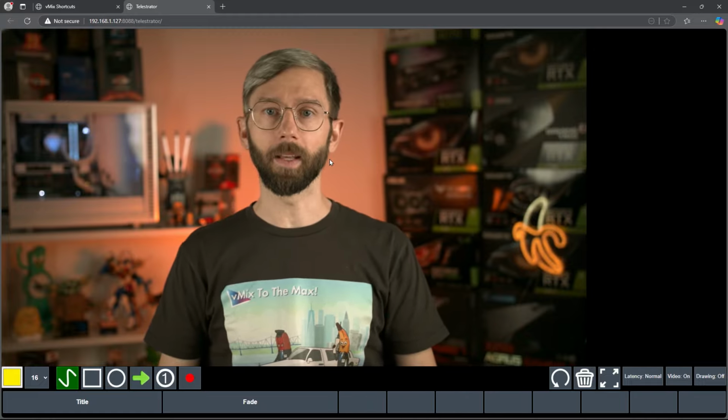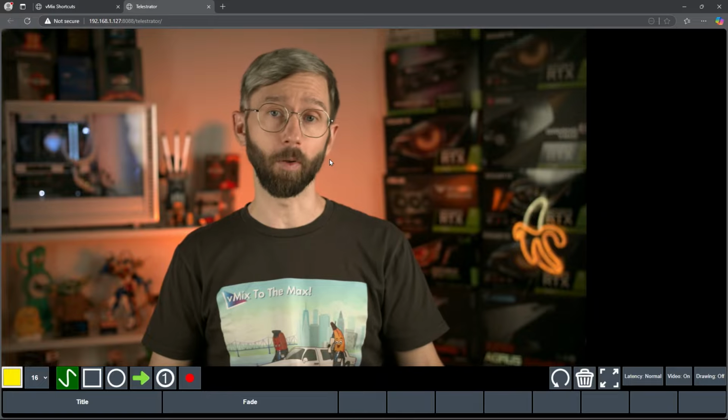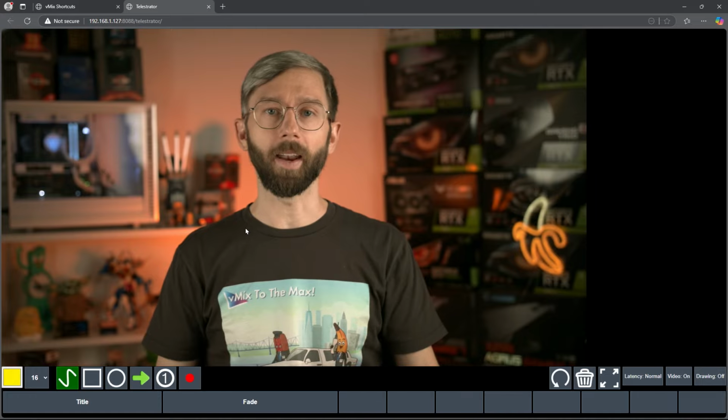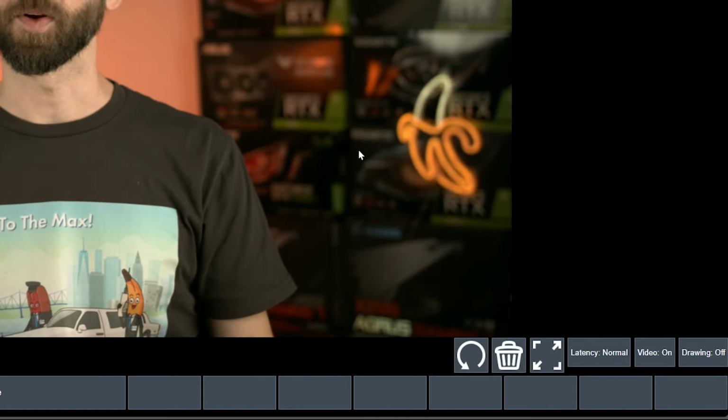Now this might be handy if you want to use the Telestrator as the multi-view switcher, like I mentioned before, so you can click on different options. And I'll go over that at the end of this video. Okay, so I should just turn the drawing back on, and now we need to cover one of the more